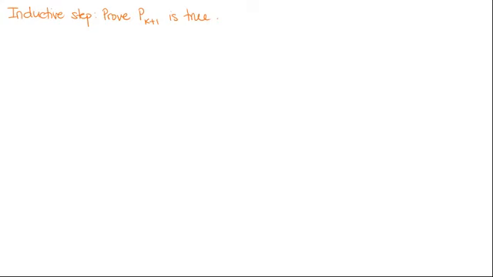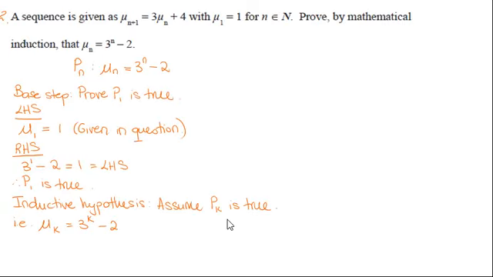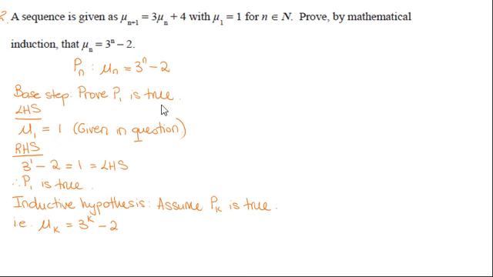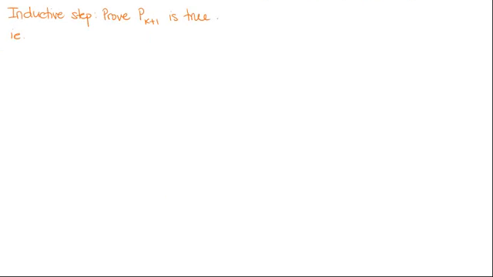So our assumption is based on n equals k, which means the inductive step now is based on n equals k plus 1. So we're going to prove, I'm going to write it down mathematically. We're going to be proving that, let's go back to the statement, that mu k plus 1, remember we're replacing n now with k plus 1. So mu k plus 1